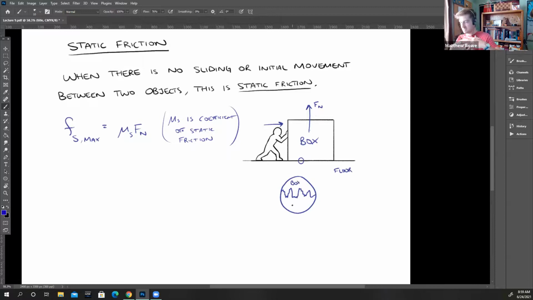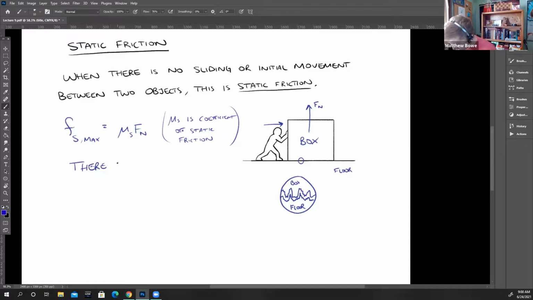And as something is staying still, you see these peaks and valleys of the structure of the box, they can maybe mesh together with the peaks and valleys of the floor. So they're sort of like interlocking when something is still. And now maybe that makes more sense, that there's this sort of large push you have to do to sort of break it free. So I'm going to say there's a limit,